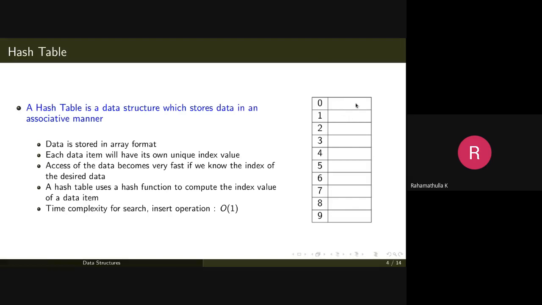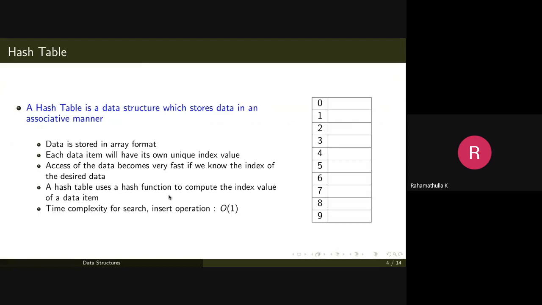At the 0th position we'll have a record, the first position will have a record, and so on. The associativity between this data item and 0, and the data item at this place and 1, is maintained with the help of a hash function.